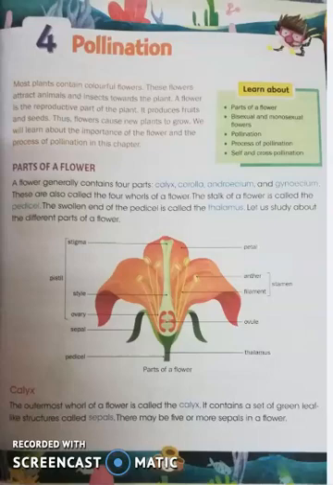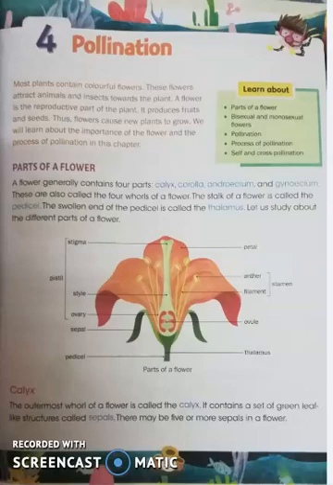In this chapter you will be studying different parts of the flower and the process of pollination. Now you would be thinking, okay, parts of the flower we will study, that is a new thing. But what is this word pollination? So students, let us firstly focus on the parts of the flower and then we will study pollination. I will be explaining pollination as a process. But for understanding pollination as a process, you should be knowing the parts of the flower first, right? So let us study that.